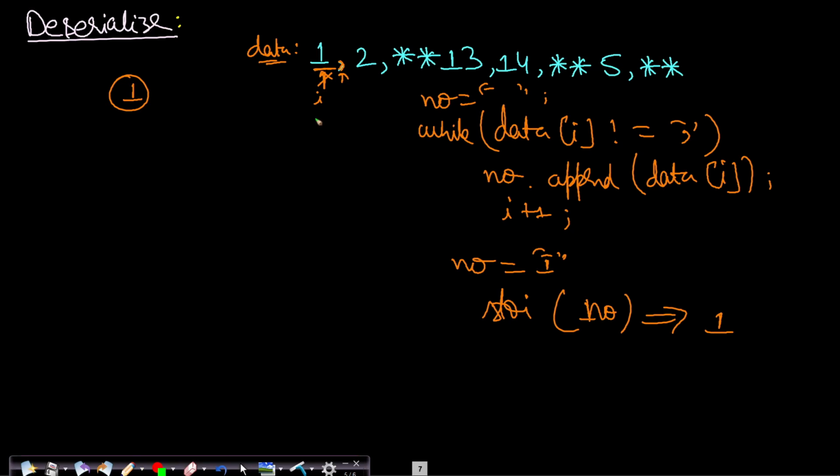Now let us say that you know how to extract the number. So all these things will be shown in the code. Let's say you know how to extract the number. So you have extracted 1 and assigned a node for it, and then we will be making the left call, and then we will be making the right call. Remember that this is a pre-order traversal. So whenever we reach the node for the first time, we will actually have to make a new node. We will be skipping all the comma characters.